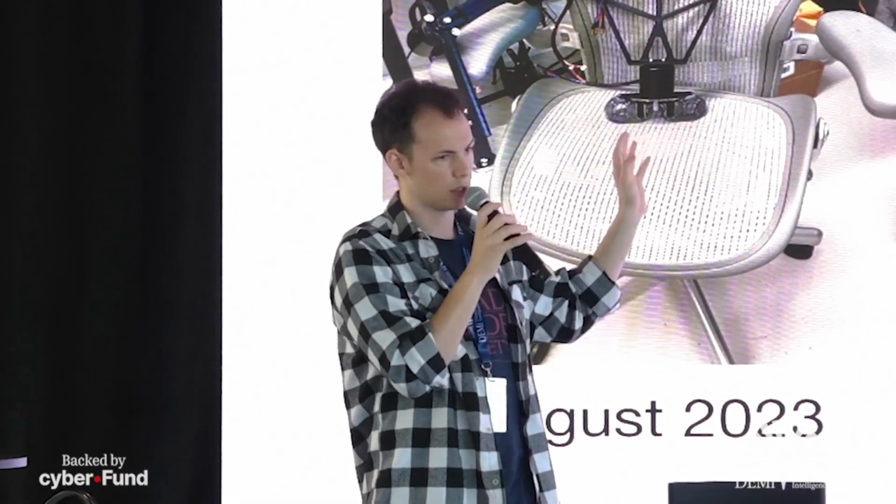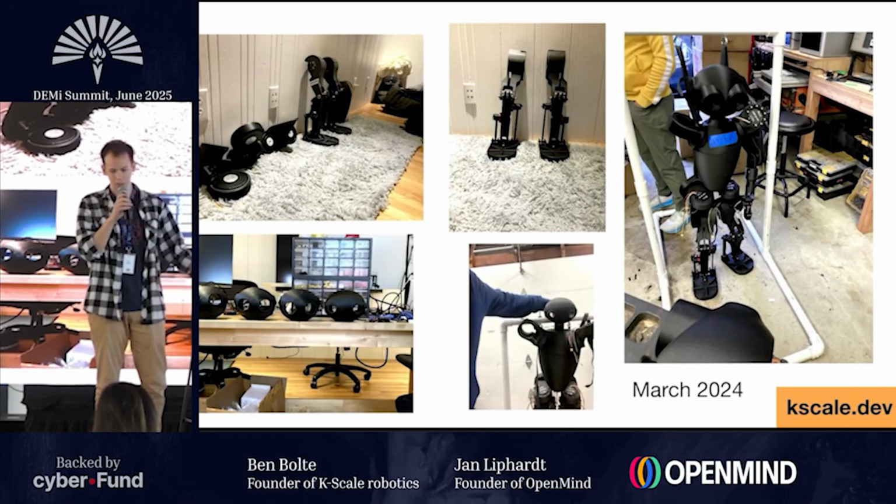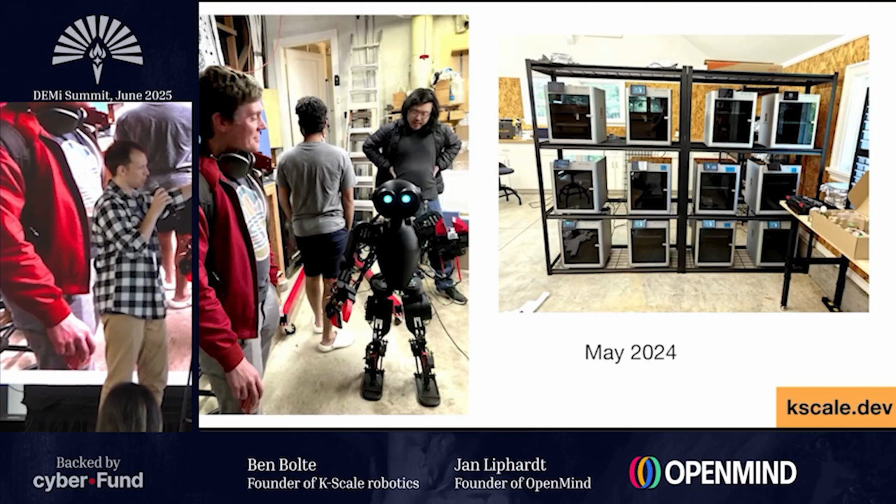So I started with a bunch of 3D printers in my garage and, yeah, I did YC. Actually, Emmett, the guy that just spoke, he was my YC group partner, which was pretty cool. But yeah, we made this humanoid robot called Stompy. It was fully 3D printed. Yeah, we had it stand up. These are our 3D printers in our garage.